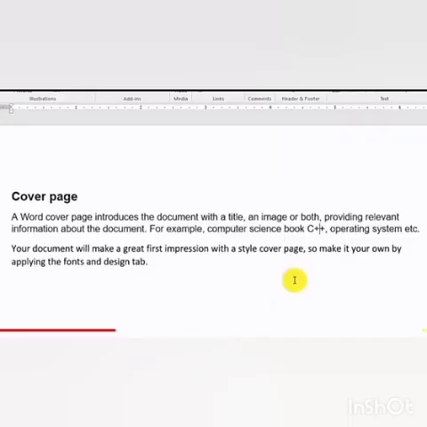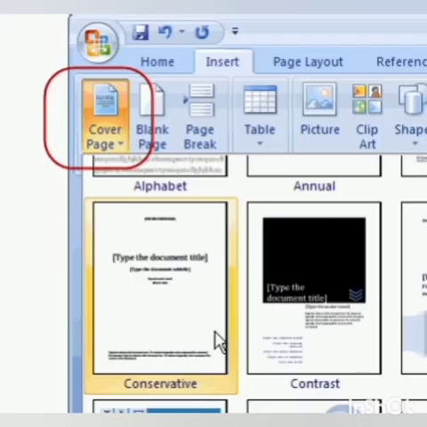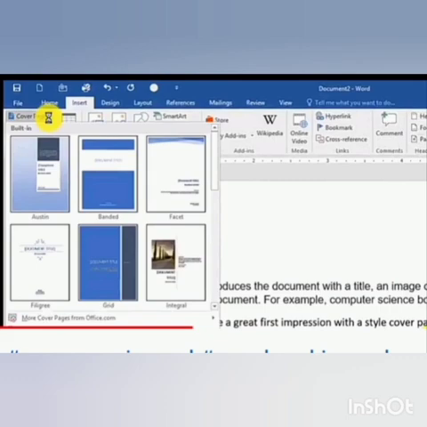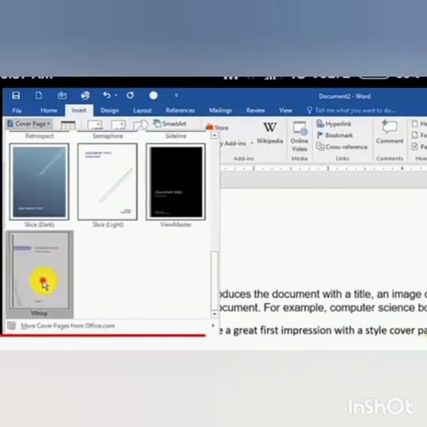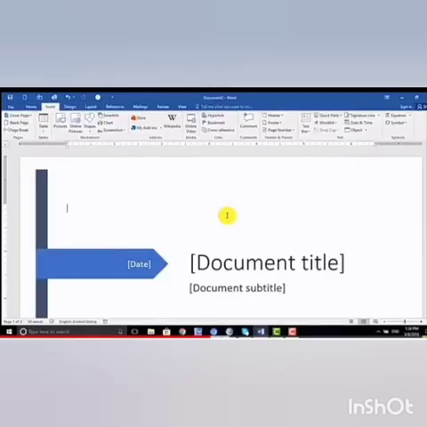For that, open Word document and type the text. Then click on the Insert tab and select Cover Page options. We can see a dialog box with different types of ready-made cover page options. Choose a cover page option from the list. Now the text is converted into a pre-formatted cover page that we select.